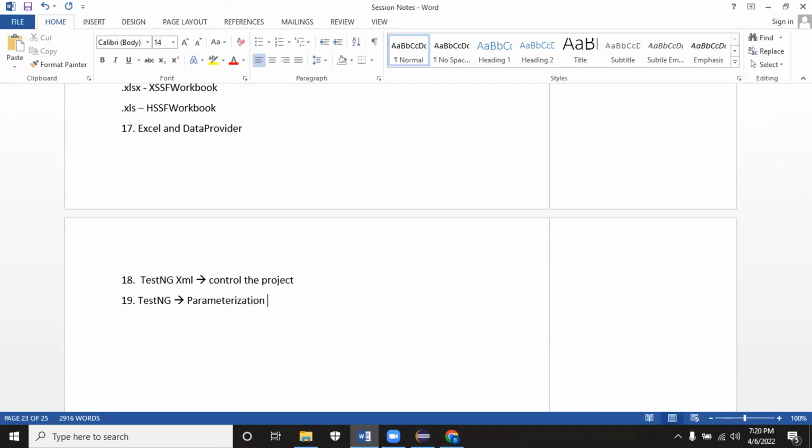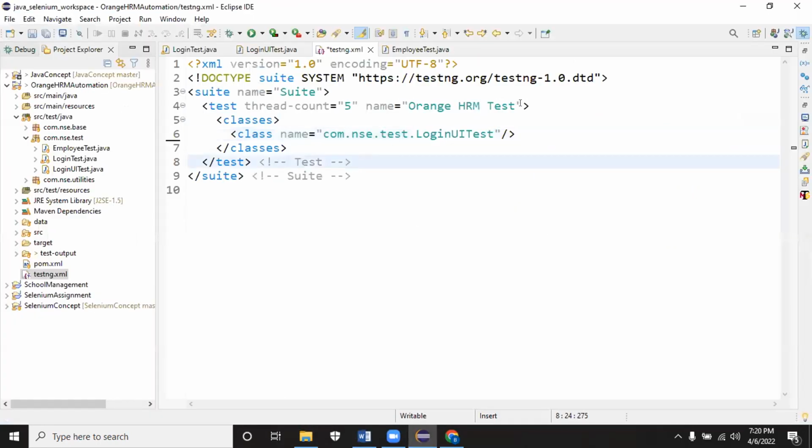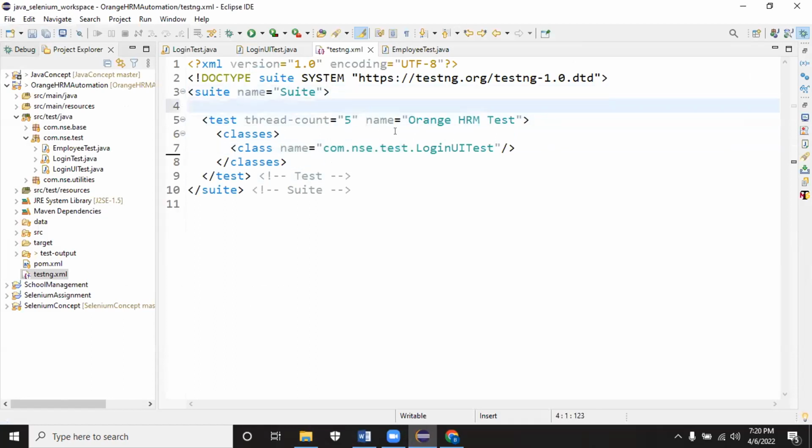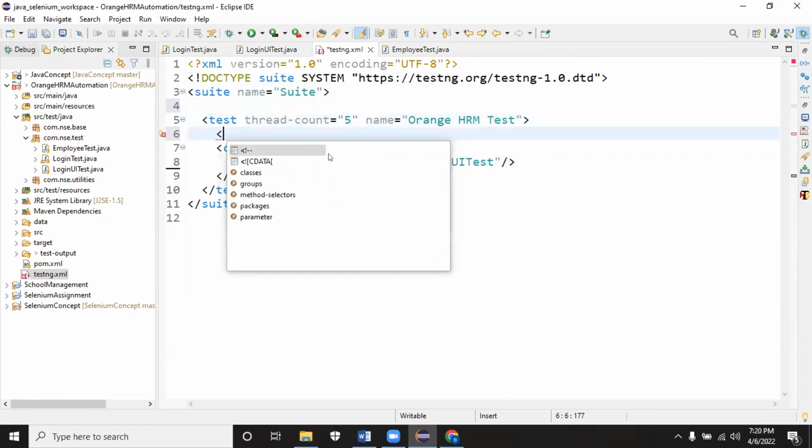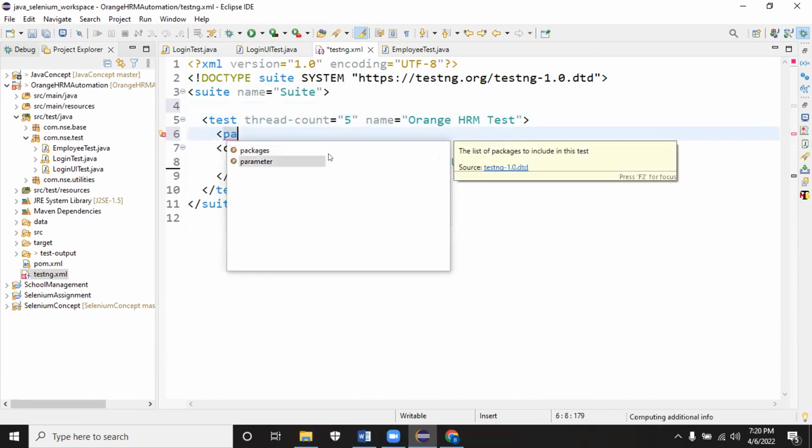What I can do is create a parameter tag, either at the suite level or at the test tag level. Only two levels: either at line number 4 after the suite tag, or after the test tag. You cannot create it inside the classes. Here I'm going to create a tag called parameter.